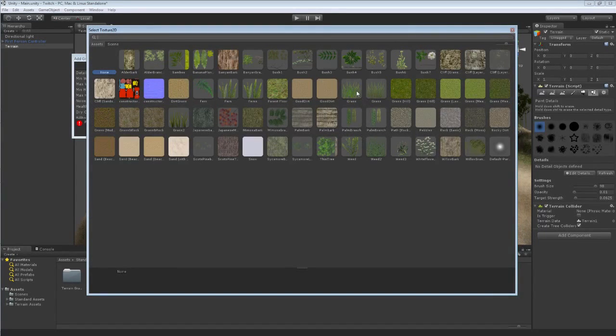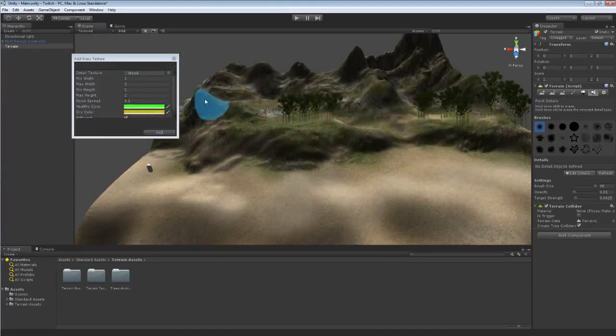The standard assets come with this grass right here, and if you download the terrain assets from the asset store, you get a lot of these other ones. We can do weeds, a bunch of different types of weeds, some white flower. I'm going to choose this weed right here, and I'm going to talk about